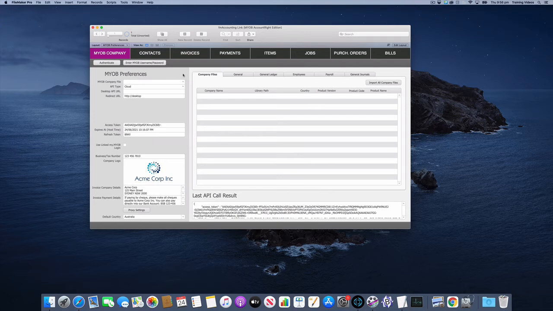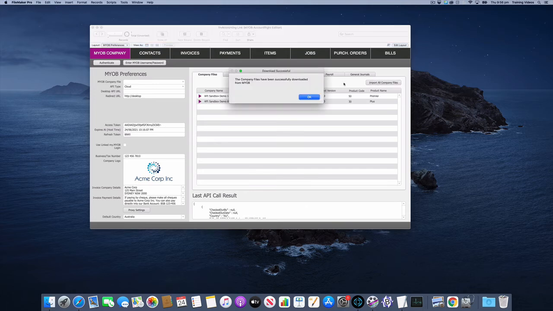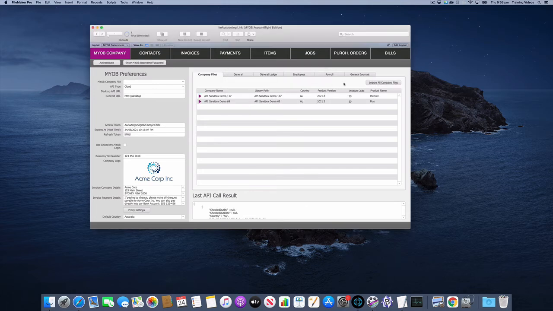The next thing you need to do once you've authenticated successfully is go and pull down your list of AccountRight company files from the cloud, sorry, and generally you'll only have one, but if you've got more than one, you can then choose which file you want to work with in the FM Accounting Link file. So I'm going to choose one of the sandbox trial demo files, and then the next step is to go